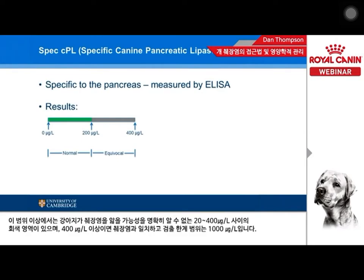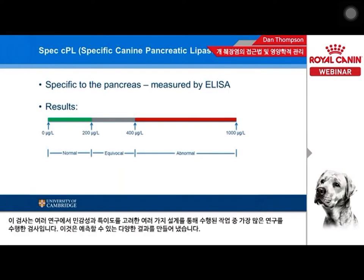Above this, there is an inconclusive region, or equivocal or grey zone, which exists between 200 and 400 micrograms per litre, where the dog may or may not have pancreatitis. And then anything above 400 is considered consistent with pancreatitis, up to a detectable limit of around 1,000 micrograms per litre. Now, this is the test that's had by far the most work done on it, with multiple studies of